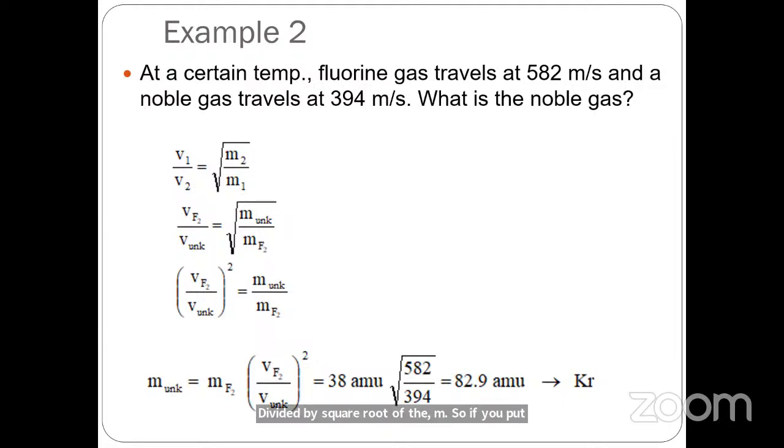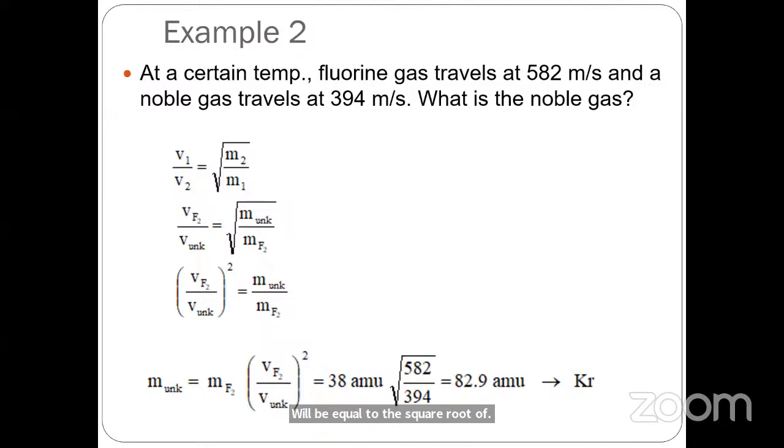So if you put all those values, 582, which is the velocity of fluorine, divided by 394 will be equal to the square root of